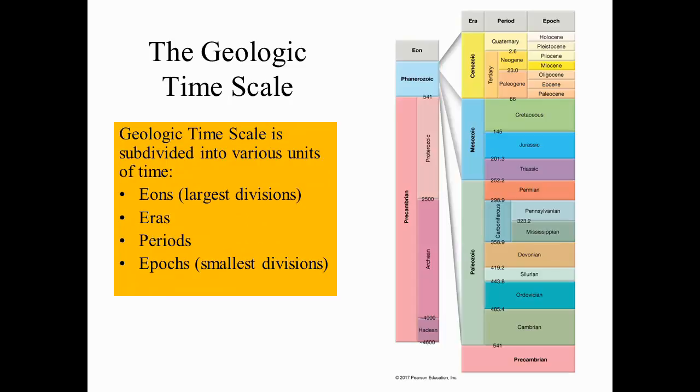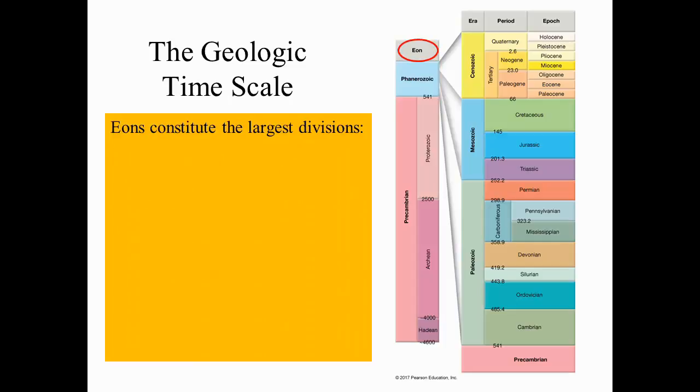Now we see that the geologic time scale is subdivided into various units of time. The largest divisions are eons, which include the Phanerozoic and Precambrian. Eons, in turn, are subdivided into eras. Eras are subdivided into periods, and periods are subdivided into epochs that constitute the smallest divisions. So eons, which are the largest divisions, can be subdivided into